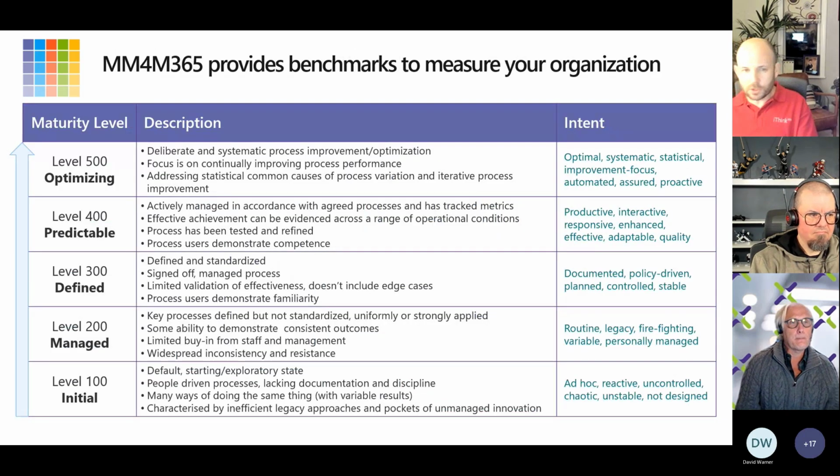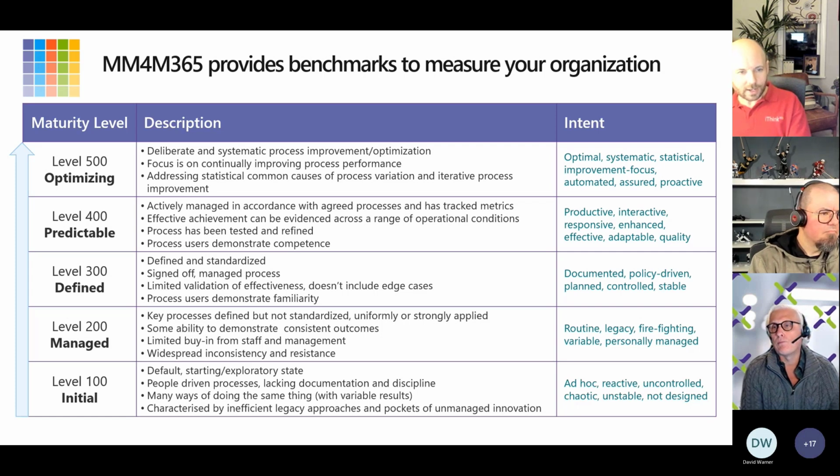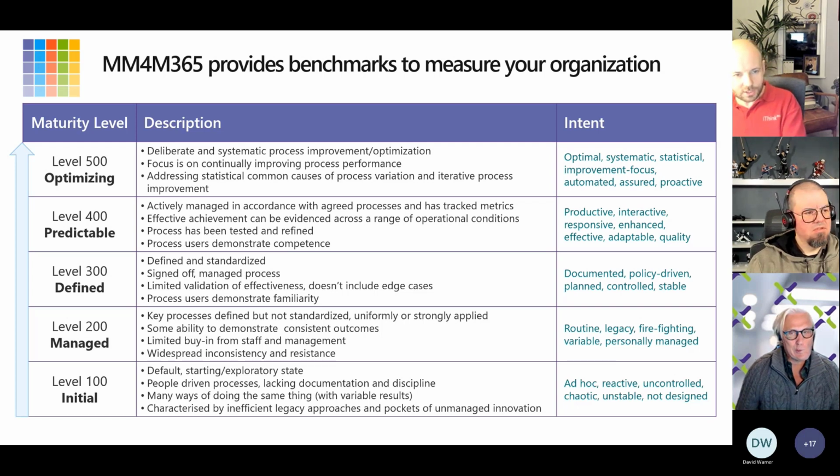So what is the maturity model around? The maturity model has 5 levels. The initial level of 100 is kind of the default state, and is chaotic and needs some work. Level 200 is where there's the realization that there is a better world out there, and moving from that chaotic world to starting to come up with some routine processes, but they're not standardized across the enterprise. Moving into level 300, we really are starting to get some traction. We've got a good base.